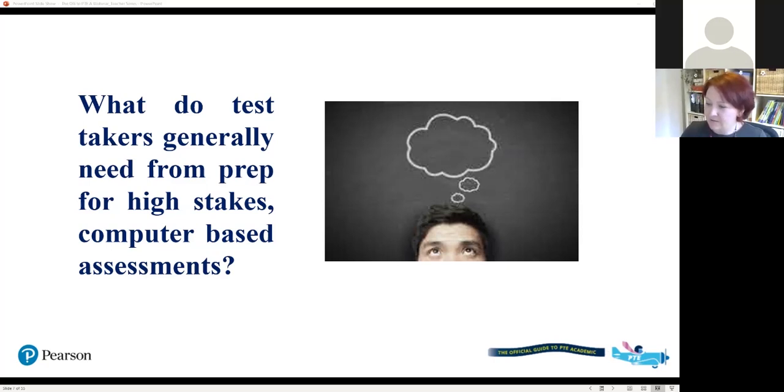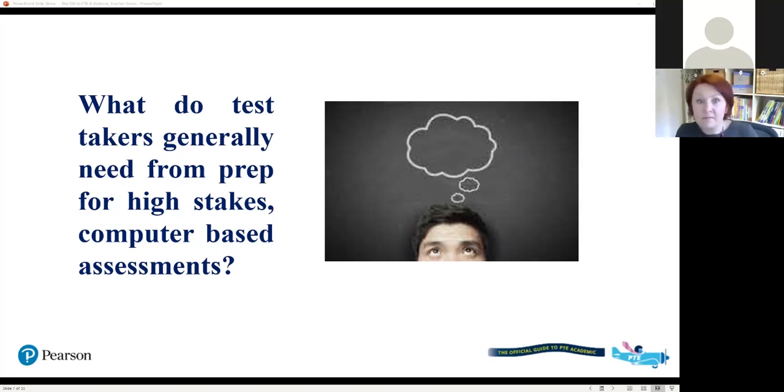Test requirements, knowledge of timing. Yeah, very important. This is a test where very much the timing matters, how much time you have for each task, and it can be quite difficult sometimes to get your responses in. Being able to do a mock test before the official one, time management, strategy, so lots of different things.